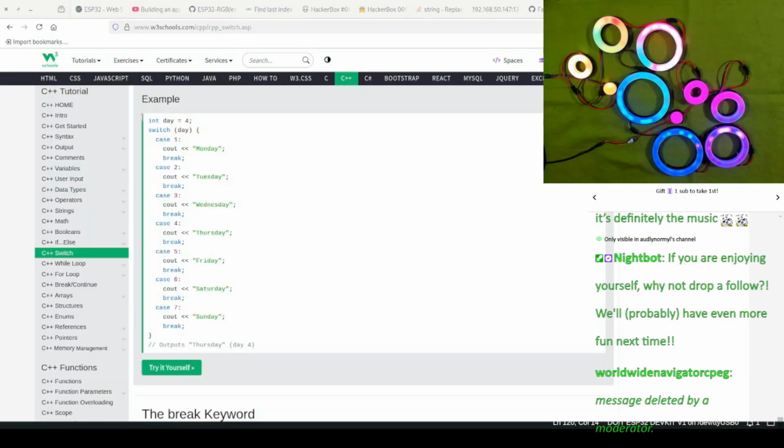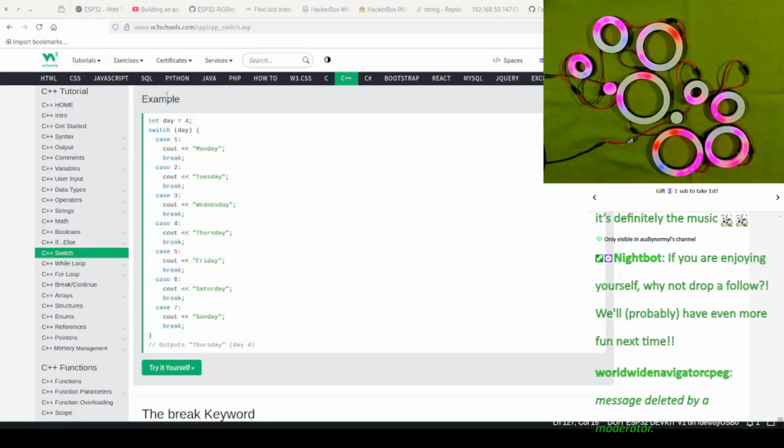And then case 0 is gonna be rainbow. Case 1 is gonna be rainbow with glitter.